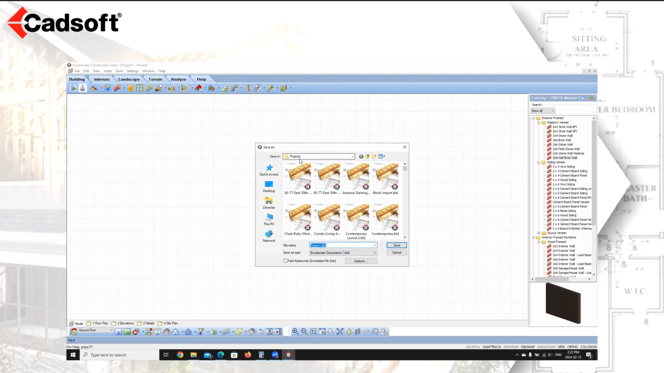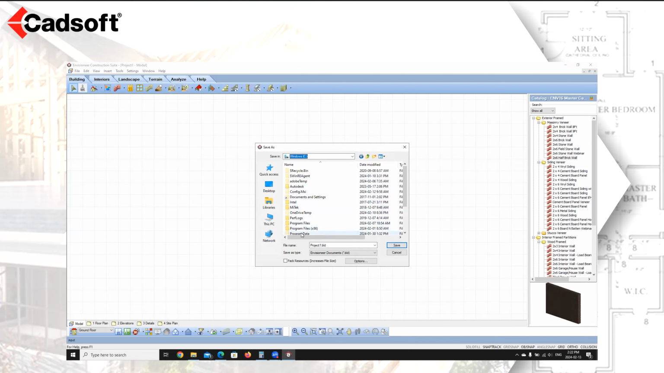So we don't want to save this to the projects folder. We actually want to save this to our C drive. So we're going to go up and select C drive. And we're going to go through and select under program data. Now, program data is a hidden file. So if you don't have this option available to you, you need to actually open up your